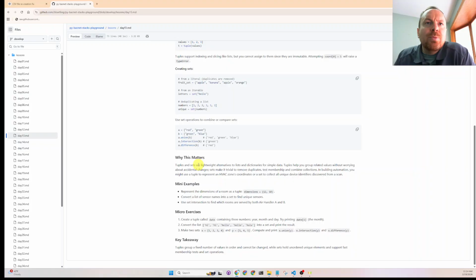Why this matters: tuples and sets are lightweight alternatives to lists and dictionaries for simple data. Tuples help you group related values without worrying about accidental changes. Sets make it trivial to remove duplicates, test membership, and combine collections. In building automation, you might use a tuple to represent a zone's coordinates. It's kind of odd. Or a set to collect all